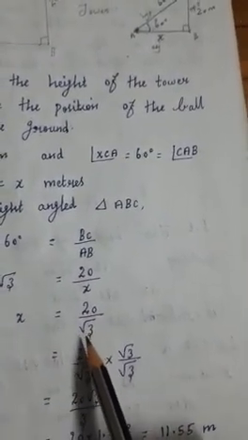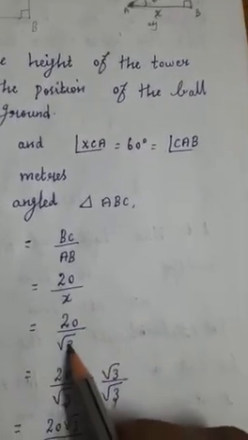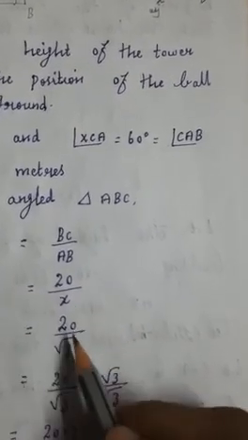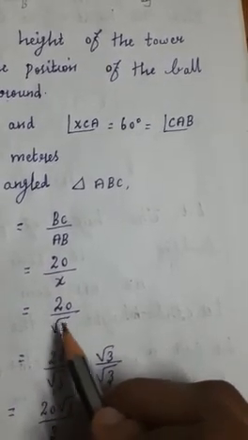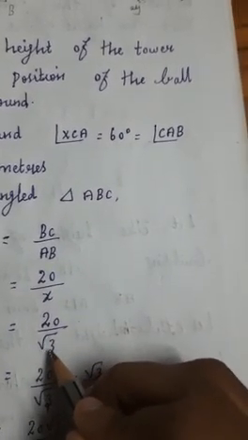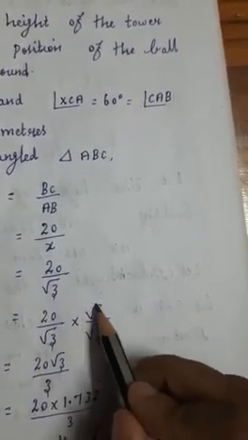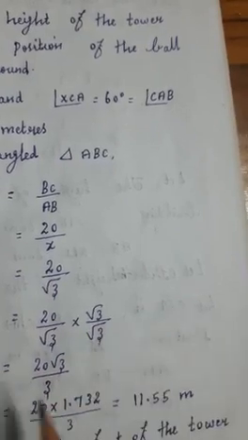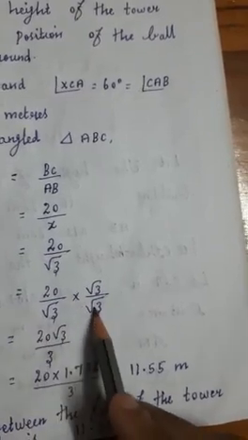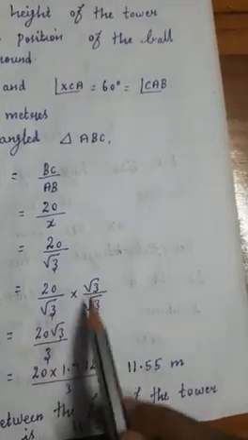So already you know that when the denominator has an irrational factor, how can we change it? Multiply and divide with the same number that the denominator has. Here you have √3 in the denominator, so you want to make the denominator a rational number. So multiply and divide by √3 by √3. In the numerator, 20 into √3 is 20√3, and √3 into √3 is 3. Now you have a whole number in the denominator. That's why we multiply and divide with that.